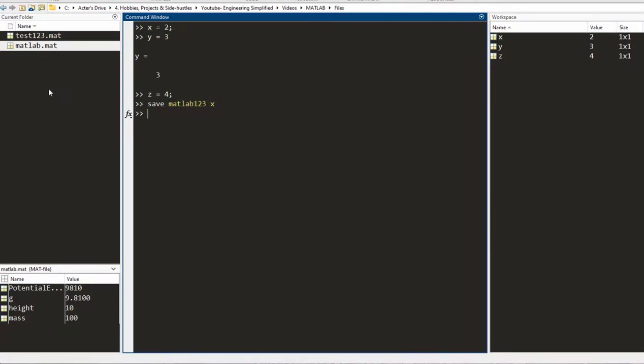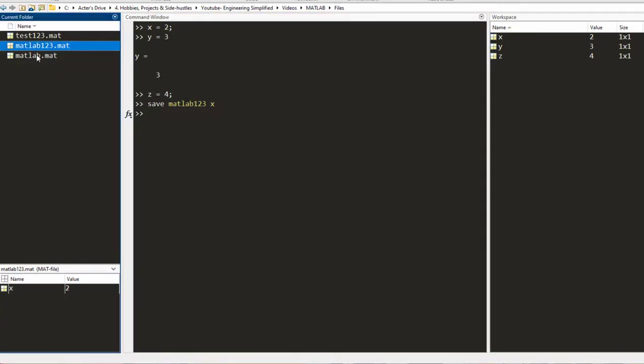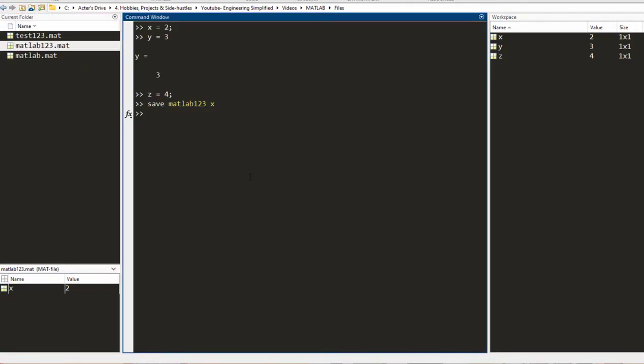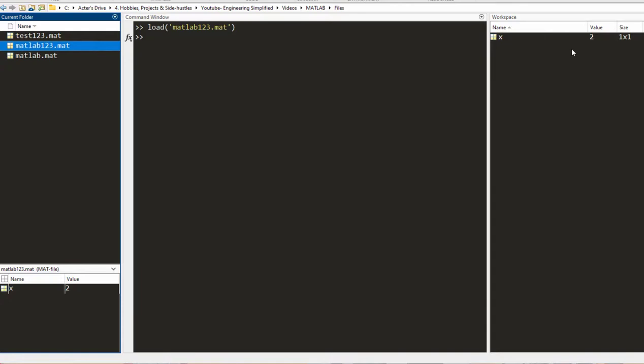And here you will see in a while that a new file is created, which is MATLAB123 right here. And if I press this, I can see that it only has one variable, which is x. So if I need to load this again, I can simply double click this and here it comes in the workspace.